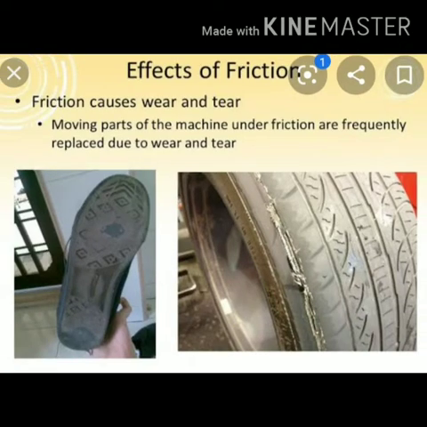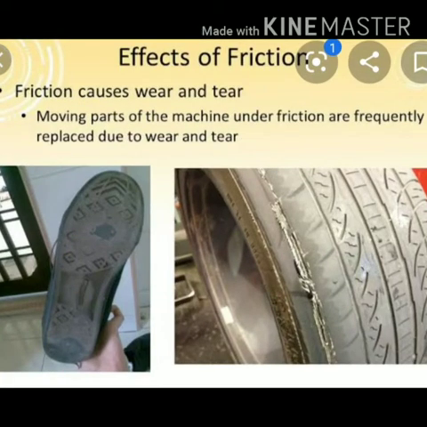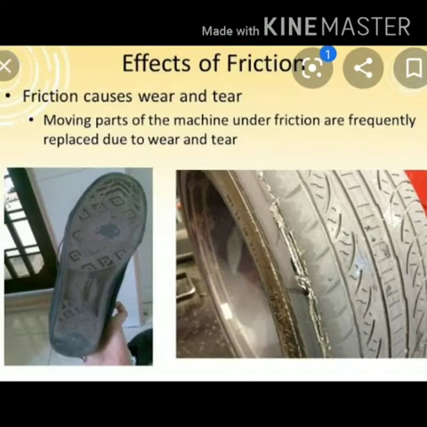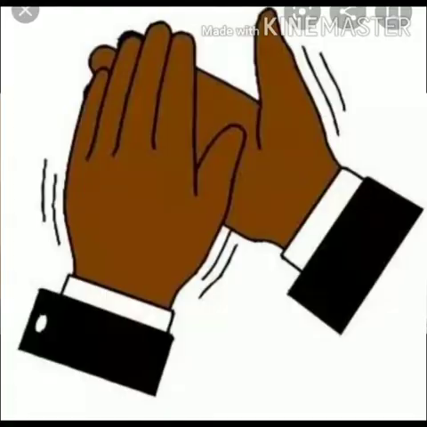Now let us see one activity to observe the effect of friction, using a ball and a geometry box. The objective is to take the geometry box and rub it against a carpeted floor for 1 to 2 minutes. Now touch the rubbed side. If we touch the rubbed side, we will notice that the carpet is warm.